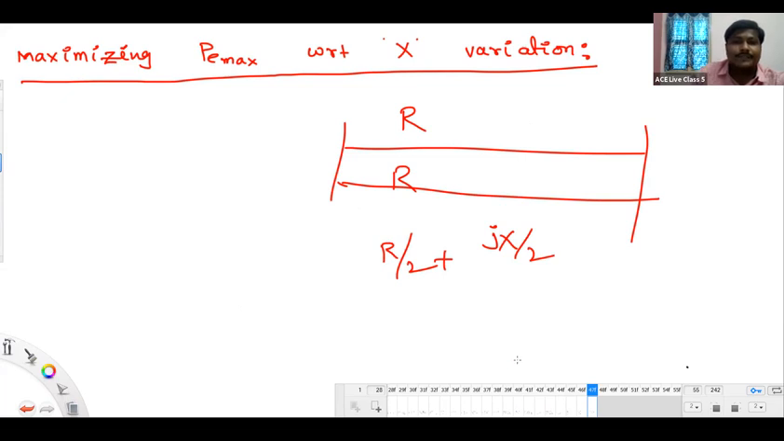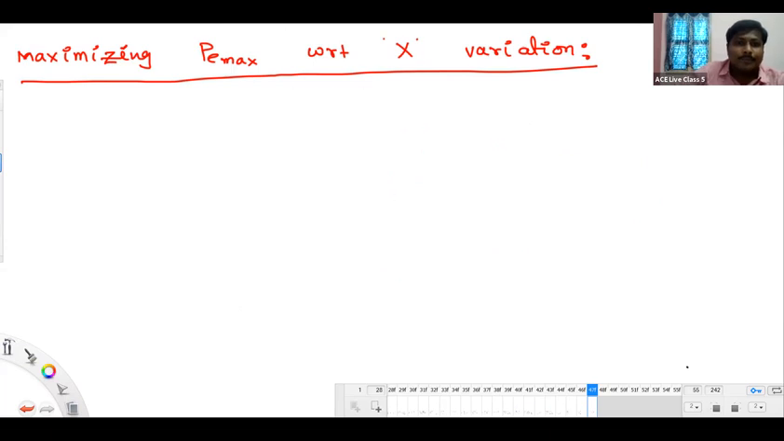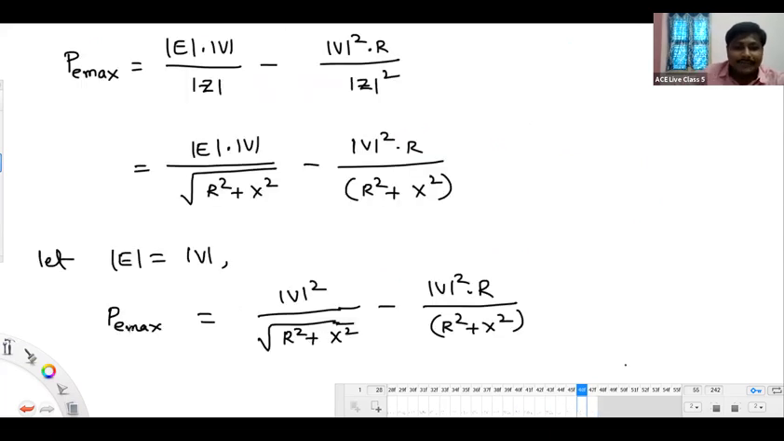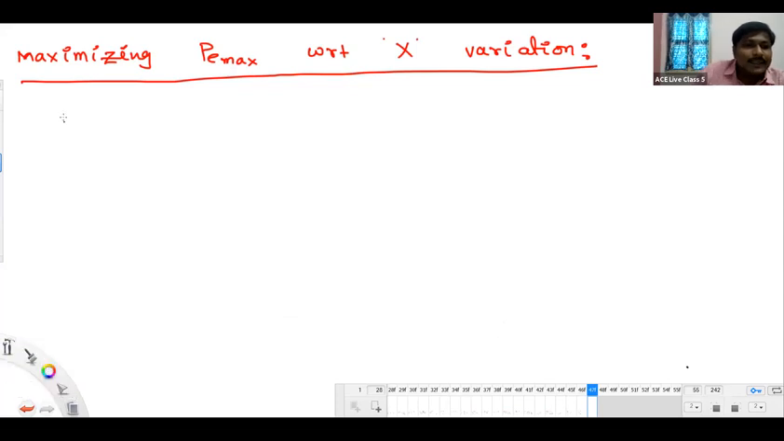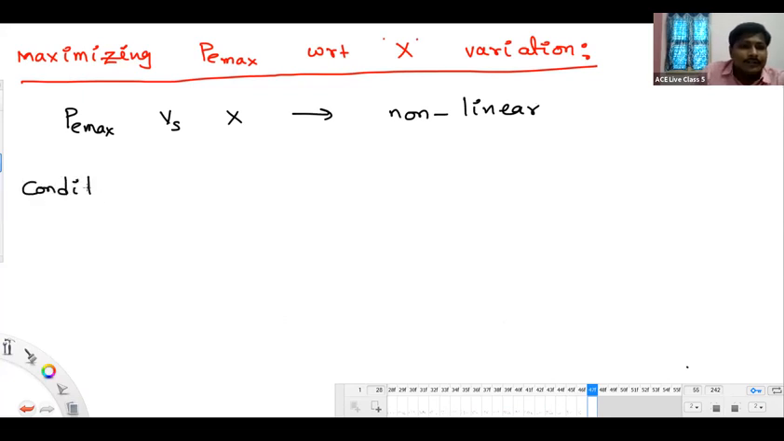Okay, next, let's continue with this. First of all, the PE maximum variation with respect to x, if you consider, will be a non-linear shape because in the denominator you have x square. So I can say simply PE max versus x is of non-linear shape. And the condition for maximized PE maximum will be,